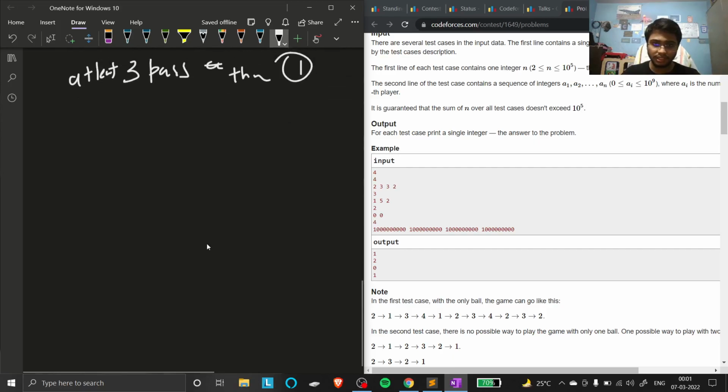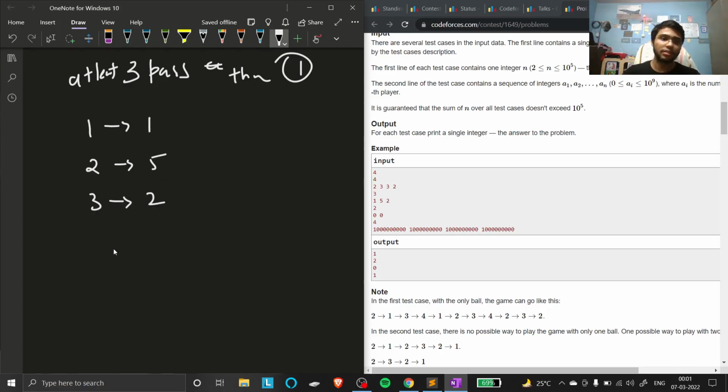So if we see the second case, which is a contrary, the first will pass 1, the second would pass 5, and the third would pass 2 times. So if we see the second perspective, the second will start, he will pass to someone, then that guy will pass to the second, then this guy will pass to two, then two will pass to another one, then again how many, three, four, then again, then again.